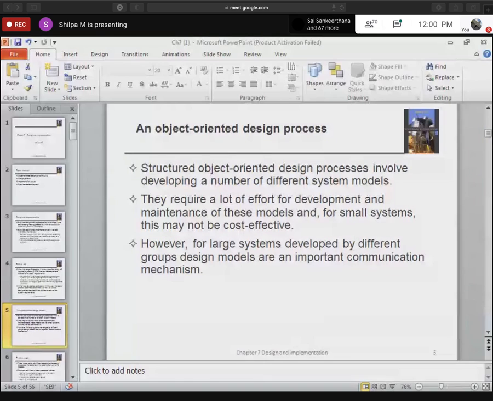Once you have implemented the classes, you can create the objects dynamically from these class definitions. So basically it involves designing of classes and objects, and in implementation we code the classes and objects are created dynamically.